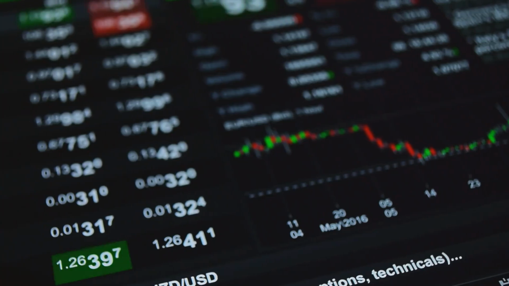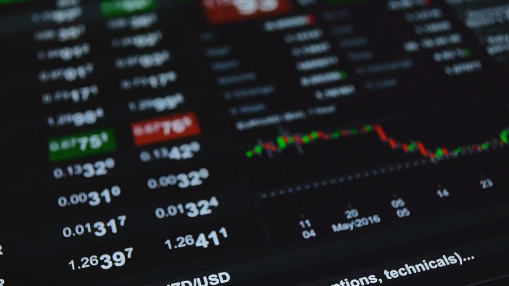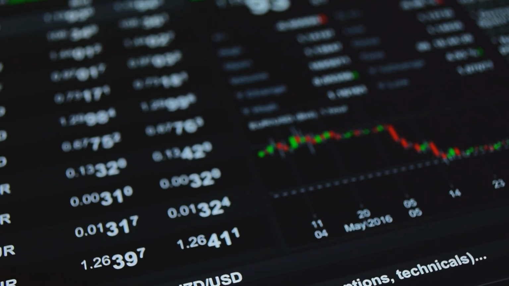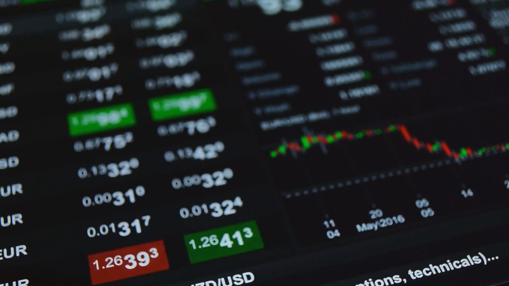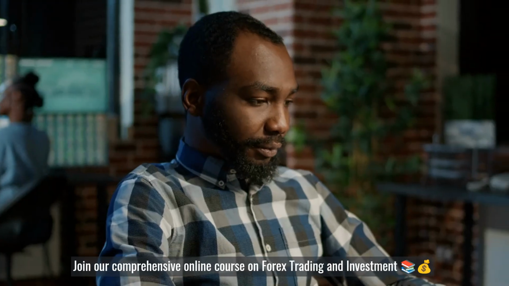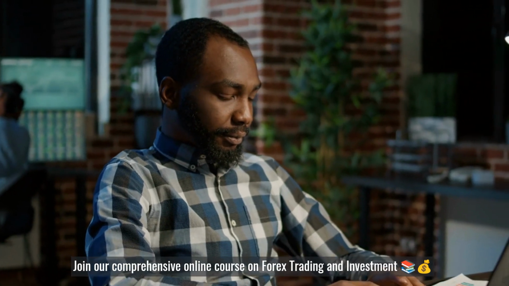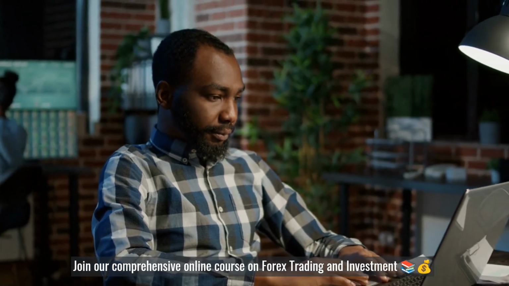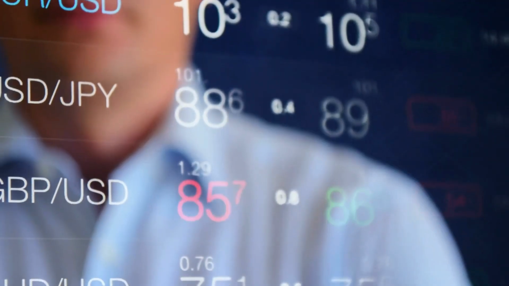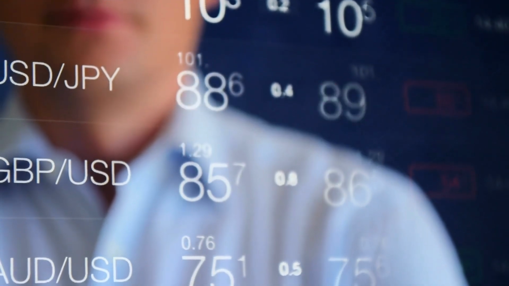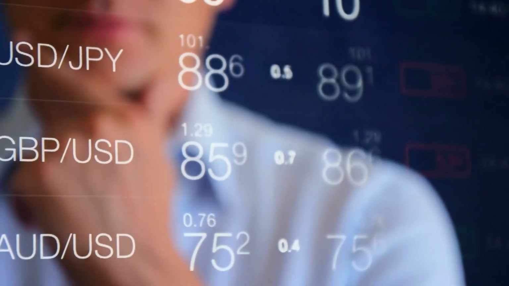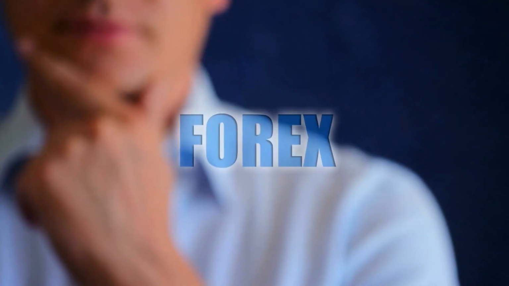The world of Forex trading is fast-paced and exciting, but to navigate it successfully, you need the right knowledge and skills. Introducing our comprehensive online course on Forex trading and investment. Begin with an overview of Forex trading, understand the market structure and major currencies, learn how to develop a trading